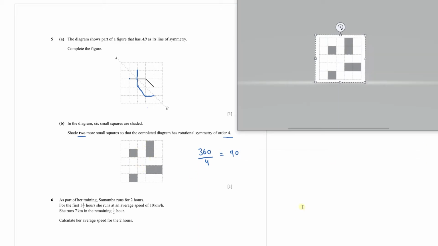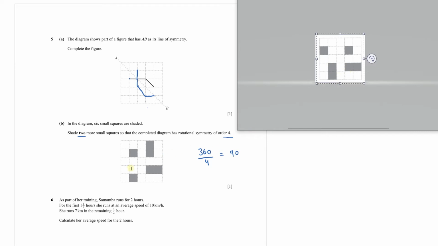So this is this exact same diagram. If I rotate this 90 degrees, I should have the same pattern again to have rotational symmetry of order 4. So let's rotate it 90 degrees. What you can do is rotate your question paper and then see which of the boxes shaded after the rotation are missing in the original diagram. So you rotate it 90 degrees and see which boxes are shaded after rotation that are not shaded before rotation. I rotated this pattern 90 degrees and I can see that this box is shaded here,